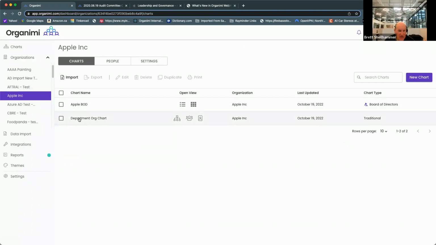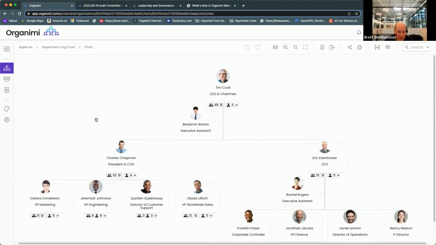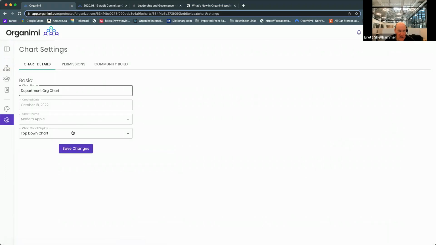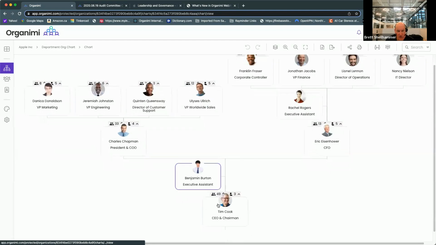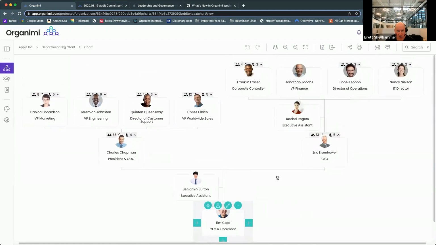But we added a couple of things just in the last couple of weeks that people have asked for. One thing I wanted to show you is in the chart, there's a new setting around the visual display. So we now support bottom-up charts. Some people have requested this, so you can display the chart from the bottom up if you like. It has all of the initial features. It doesn't look great if you have